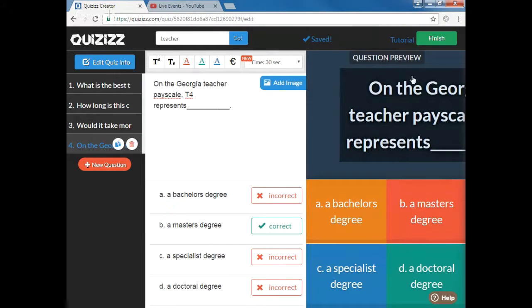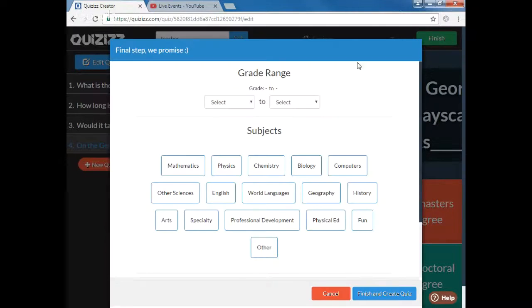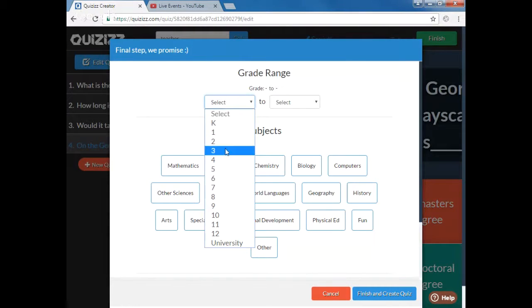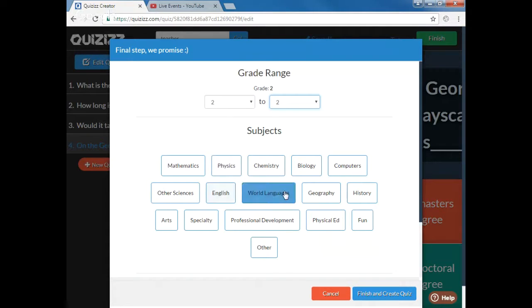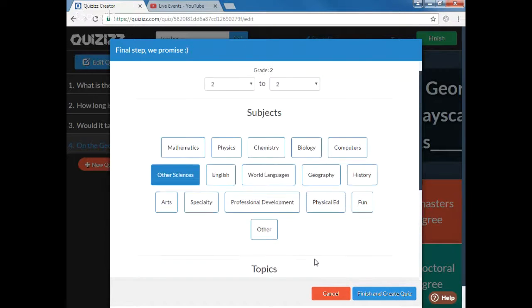And let's go ahead and finish our quiz. So finish is at the top right. We're going to finish our quiz. Now's the time where we're going to select all of the info. Let's just put it at 3rd grade since that's what I teach. Let's just say this is some sort of physics, even though it's not, or we'll just do other science. That's fine. Scrolling down,